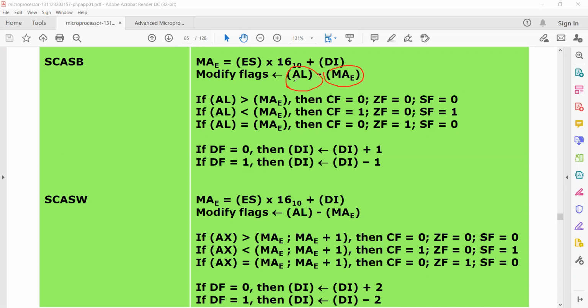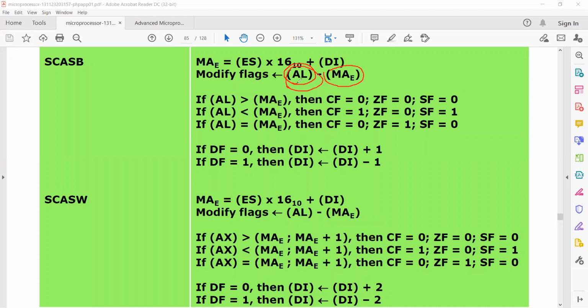That means we are using the source operand as the AL register. Here the source operand is by default the AL register; we are not using any separate source operand. The output of any operation will be stored in the AL register, and that AL register will be compared with the string at the destination address.